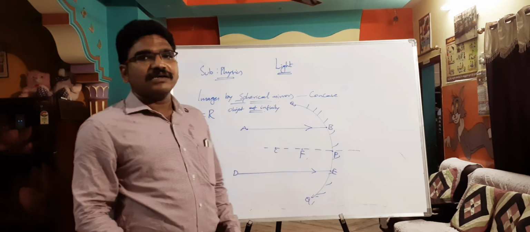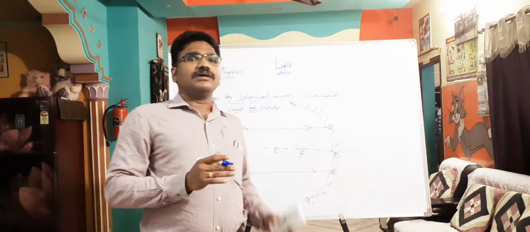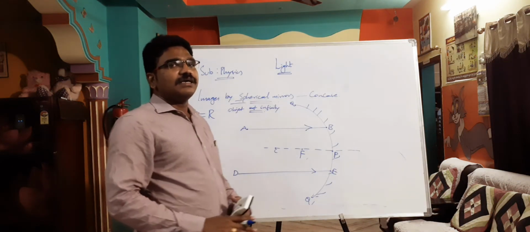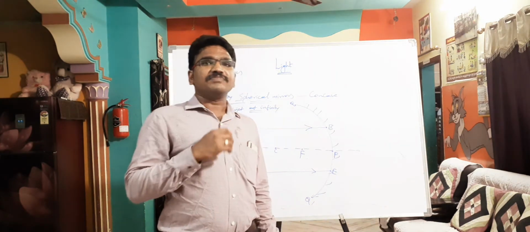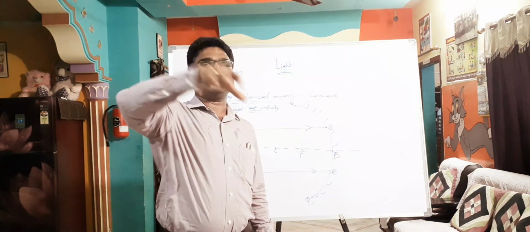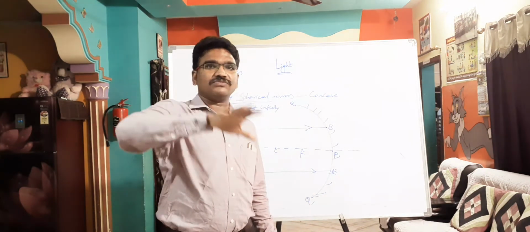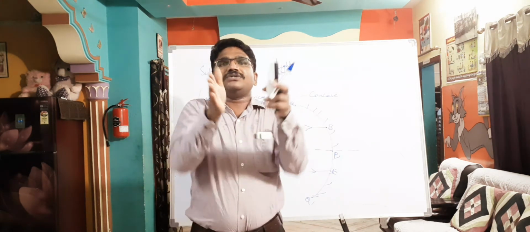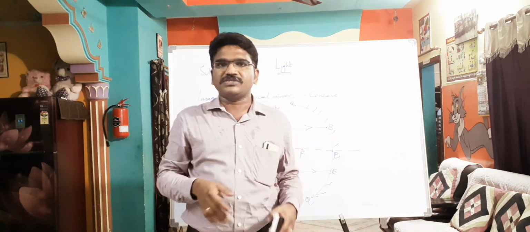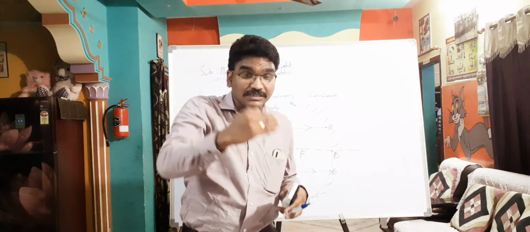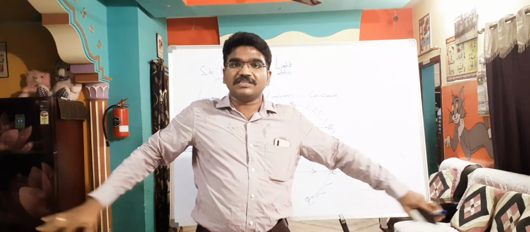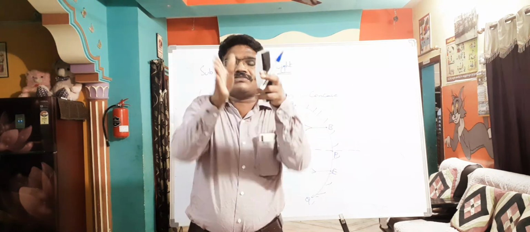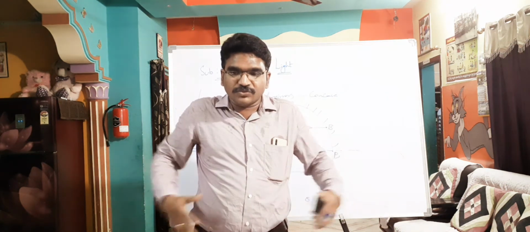Here some students may ask the question, why are we taking the incident rays parallel to each other? It is a very simple observation you might have made. When a car is coming at night time with its headlights switched on, when it is very far, the lights appear straight and parallel to each other. And when the car headlights come near to you, then you will see the divergence. But when it is very far, you will see that the light rays are straight and parallel.